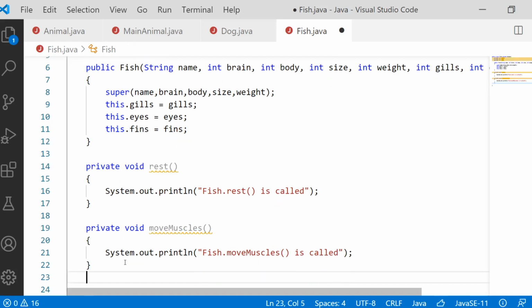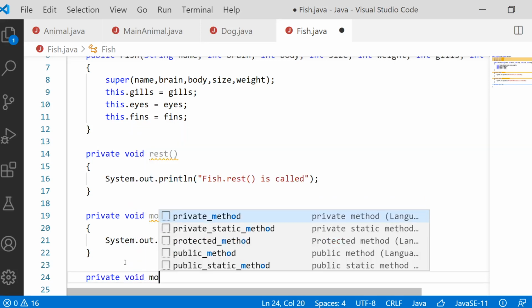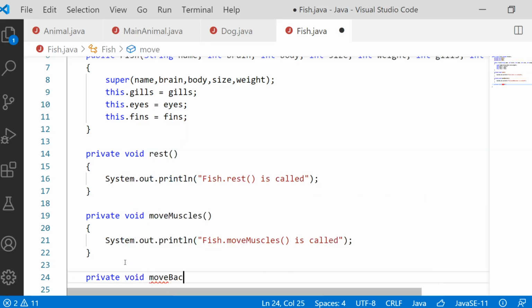Then let us also take one more method. The method is move back fin. So you have to move your muscle, and also you have to move your back fin. If the fish fin is moved back, then automatically the fish will start swimming. So we will take one more method, private void move back fin.